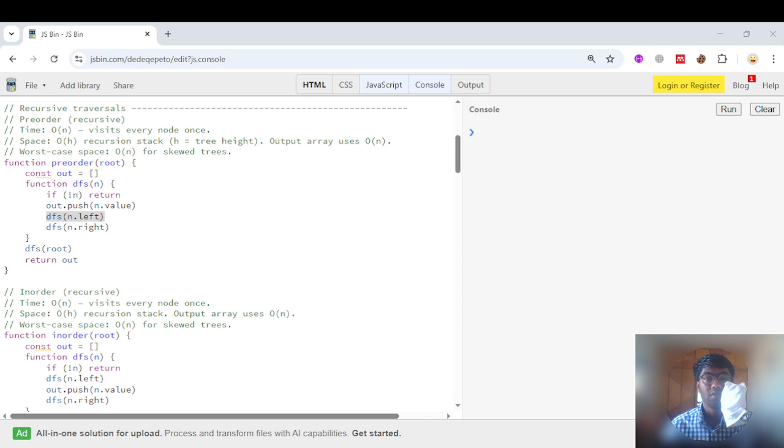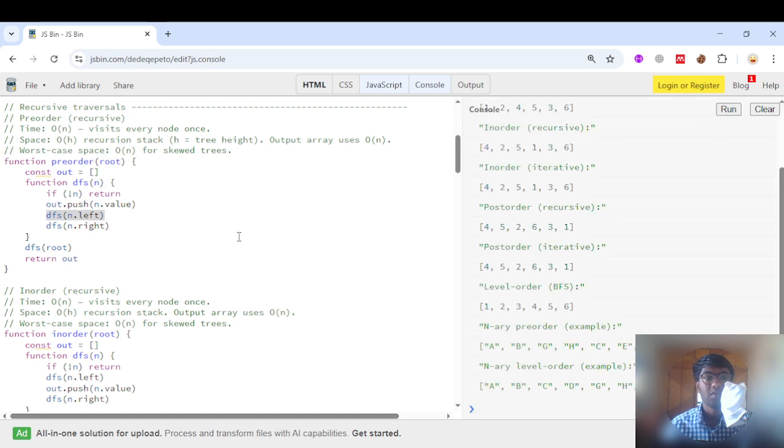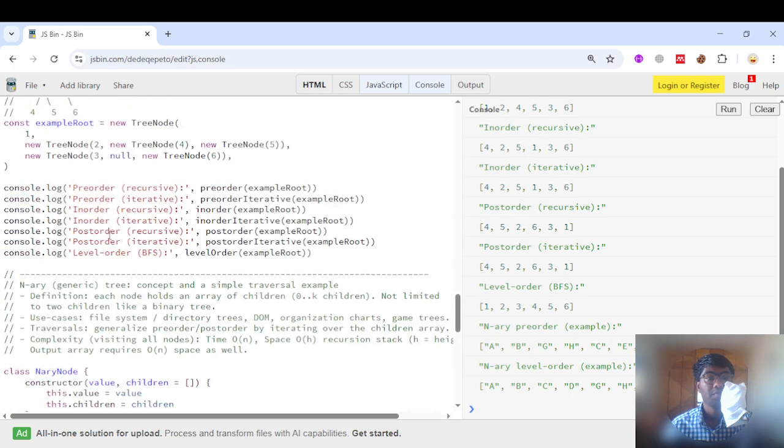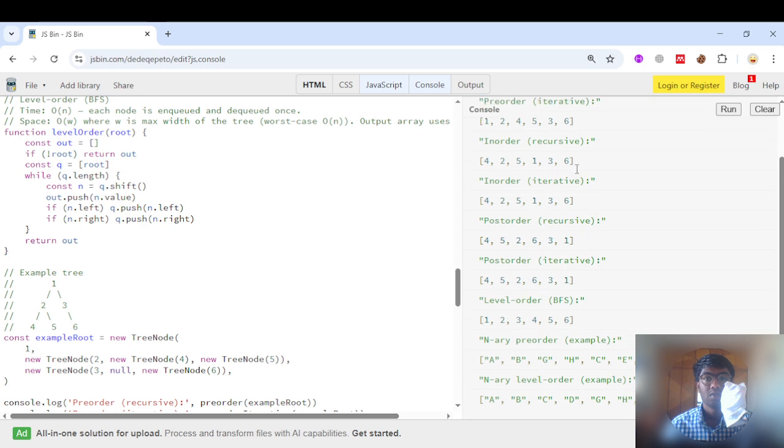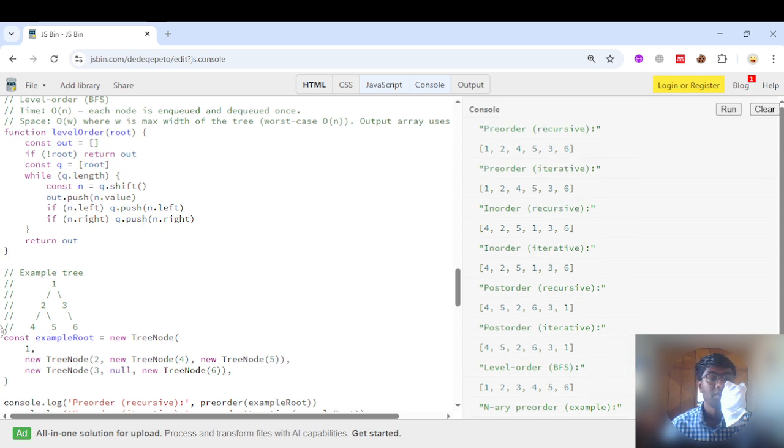Let's say, for example, as you can see here, I will run this code snippet. Let's say we have given this specific input: 1, 2, 3, 4, 5, 6. The pre-order traversal will be the node here and the left pointer and the left one, and then we traverse back to the node and the right value, right? So 1 2 4 5, and once this is done, then we again go to this specific node, we